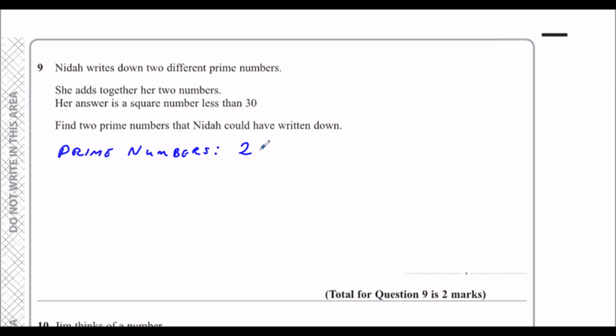So 2, 3, 4 isn't, it's in the 2 times table, 5, 6 isn't, any even number apart from 2 can't be prime, 7, 8, 9 is 3 times 3, 10, 11, 12, 13, 14, 15 is 3 5s, 16, 17, 18 is even, 19, and 20, 21 is 3 7s, 22, 23, and I'll stop there